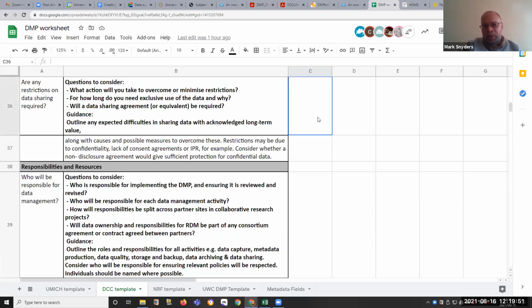If there are any restrictions from the outset, if you are looking at health sciences data, or if you are a member of the Faculty of Community and Health Sciences or SANBI, etc., but you're dealing with confidential data in some way, you will need to be aware that from the outset, your data will be restricted in some way.